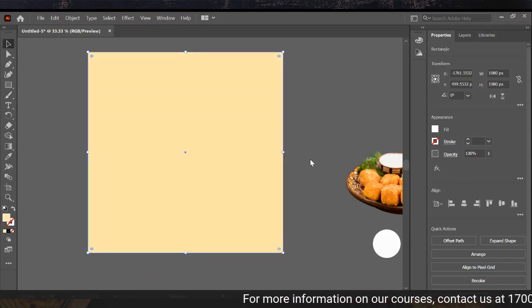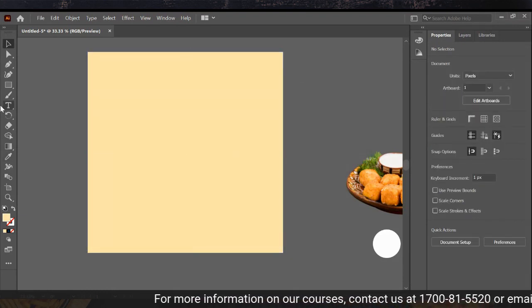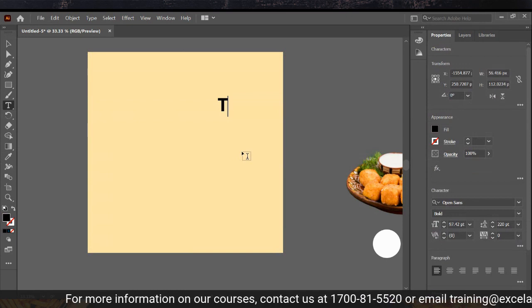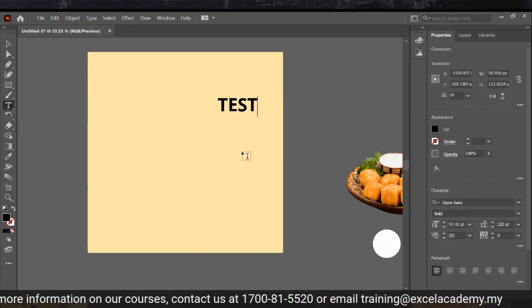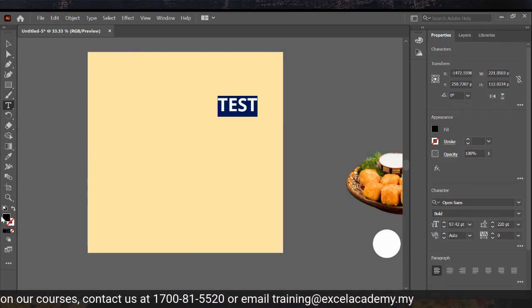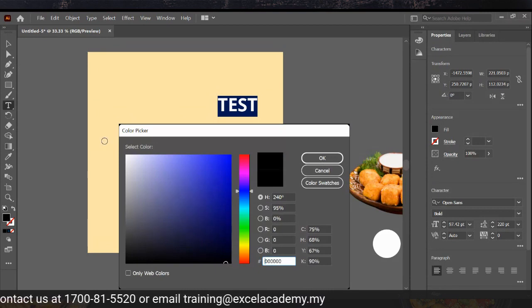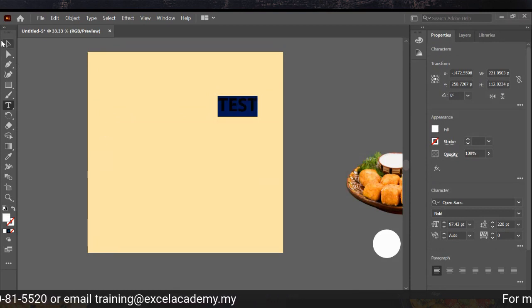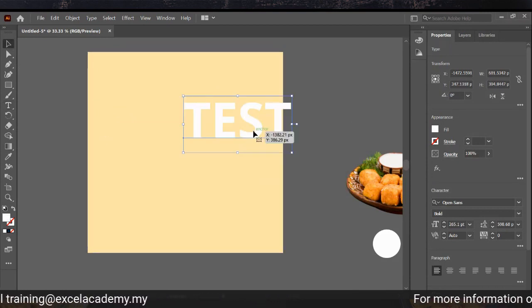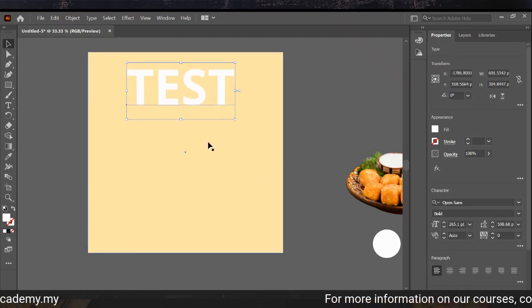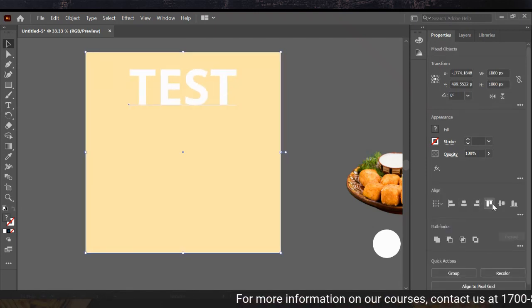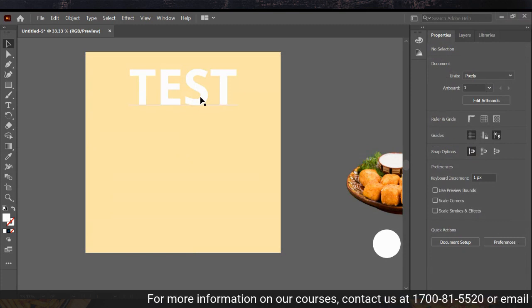Alright. Okay. So now, walaupun dia peach and then kita nak create another text, kita nak tulis. Go for test. Dan saya tukar ni warna putih. Okay. So walaupun the background and the text ni berbeza, maksud saya berbeza tu ialah warna dia ni putih, yang